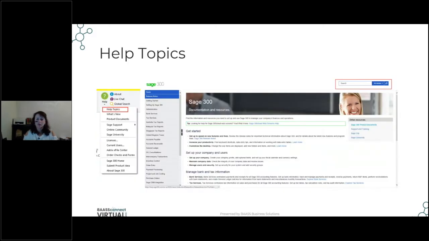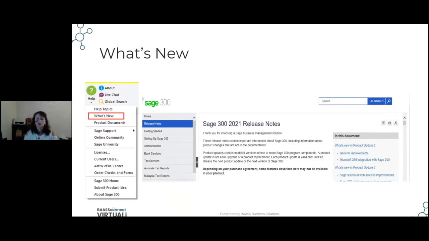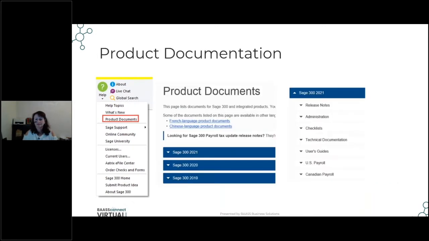Under the Sage Help icon, users can access various information. Help topics will launch 300 documentation and resources. What's new will take you to the latest release notes for the version of Sage you're currently using. Product documentation will give you access to Sage user manuals, which can be viewed or printed anytime. Online